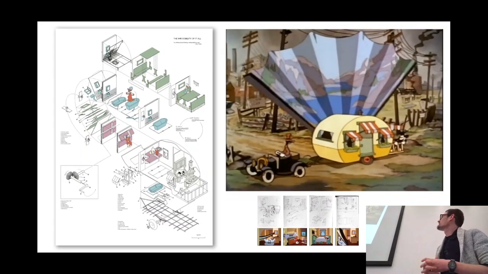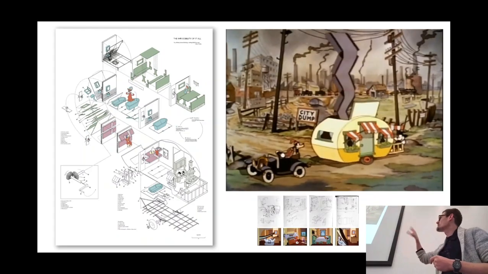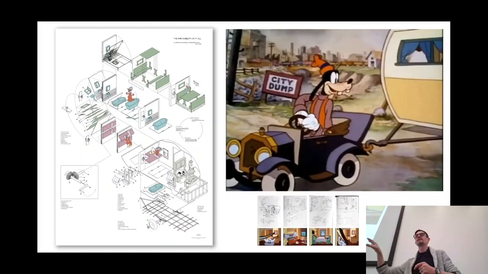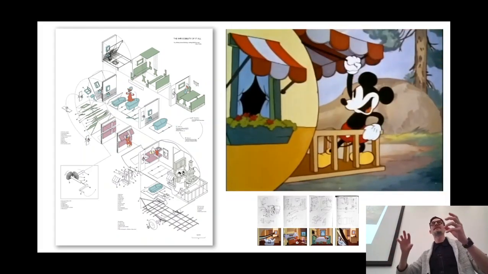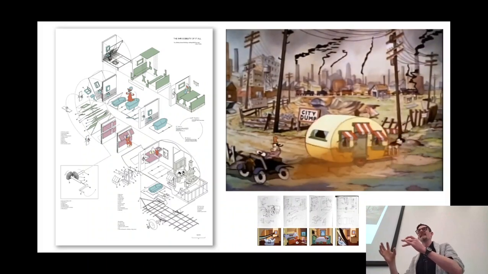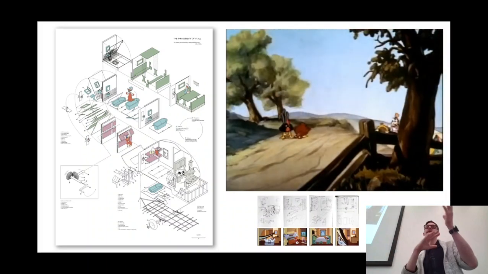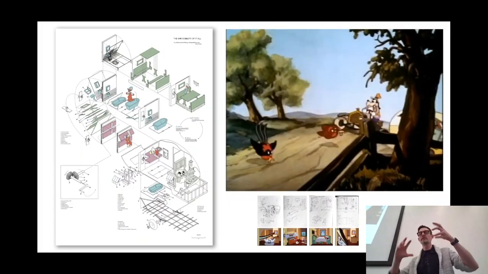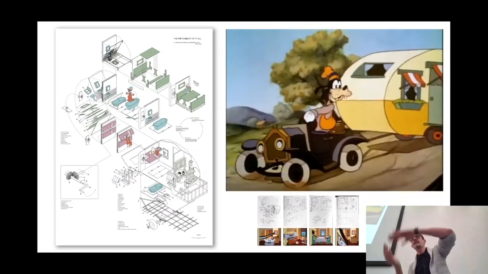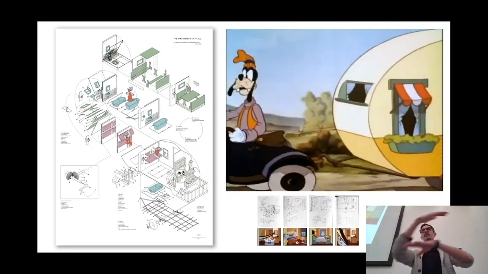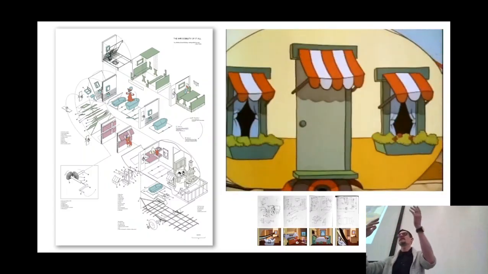The idea is that this is a sort of 1930s animation from Walt Disney called Mickey's Trailer. It's Mickey Mouse, and he's got a caravan. And the idea behind a caravan is everything's very, very careful. And what you can do is you can fold the bed away, and then it's going to become a dining table. Or you fold out the,